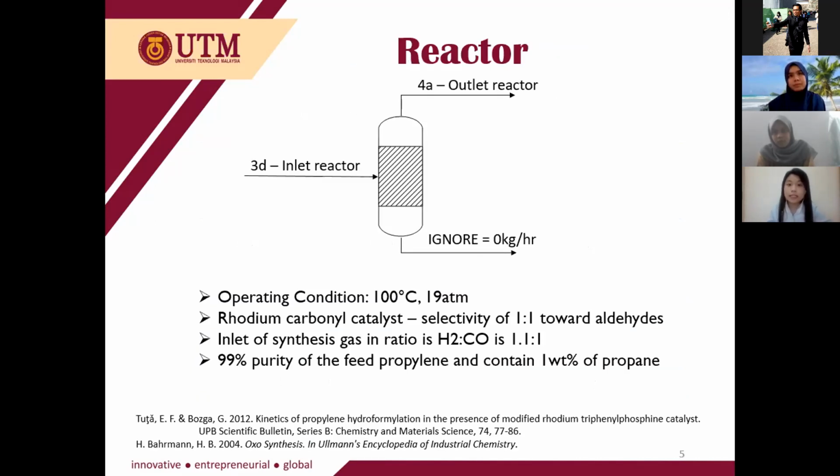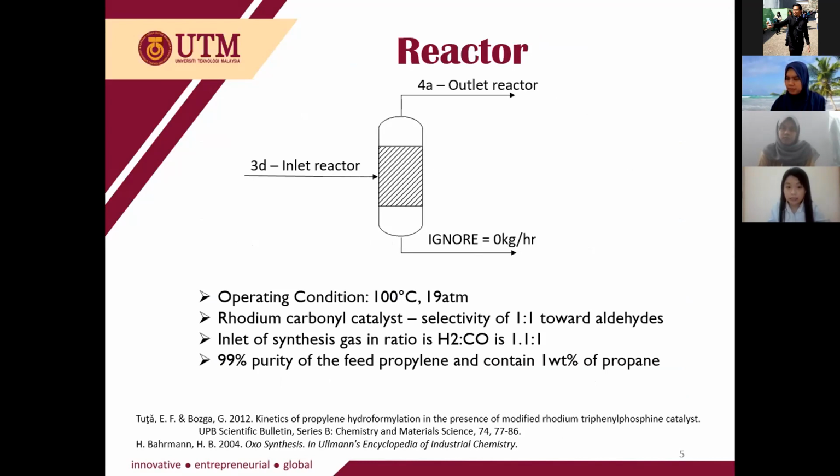Next equipment is a reactor. At this reactor, the operating condition is 100 degrees Celsius and 90 atm. And the catalyst used is the rhodium carbonyl catalyst. In order to calculate the reactive mass balance, the information needed such as the selectivity of the catalyst of 1:1